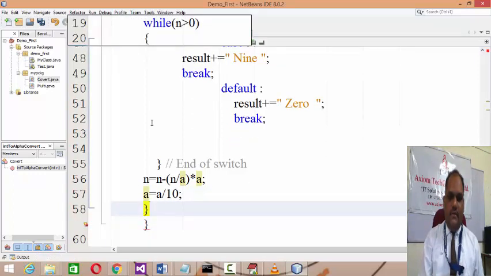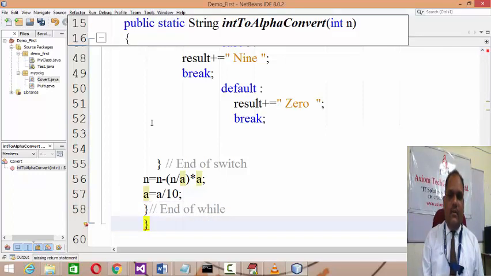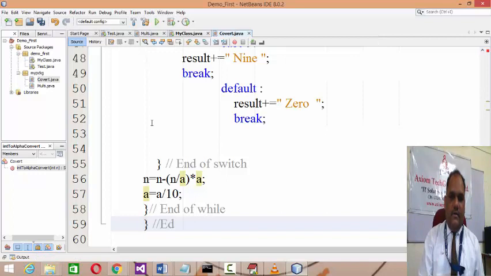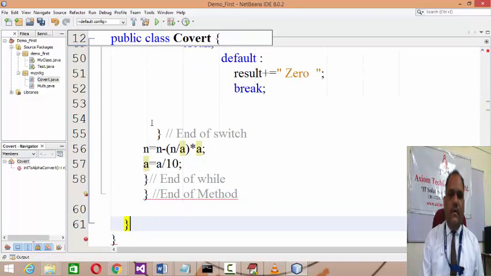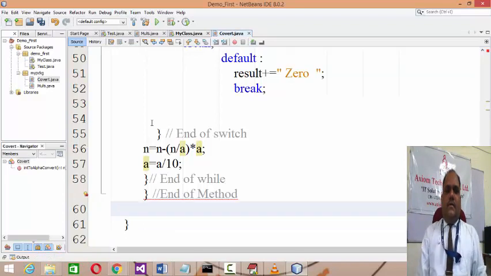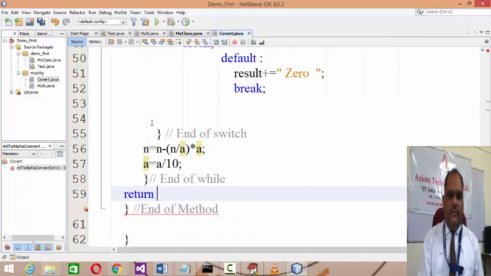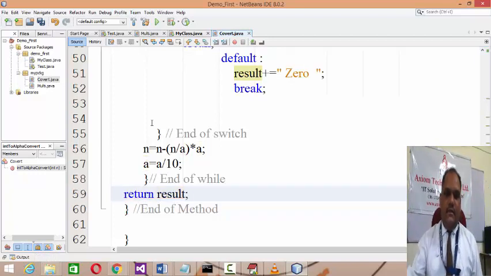And this is the end of while, and this is the end of the method. And then the end of class, and here it's an extra function. Here you have to return the resultant result. I'll explain this to you.